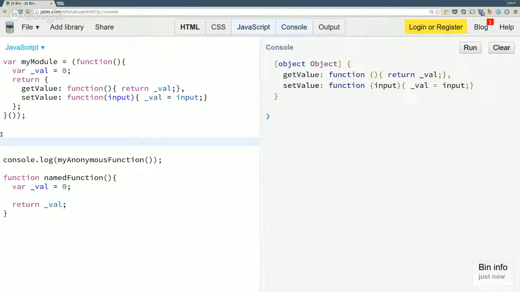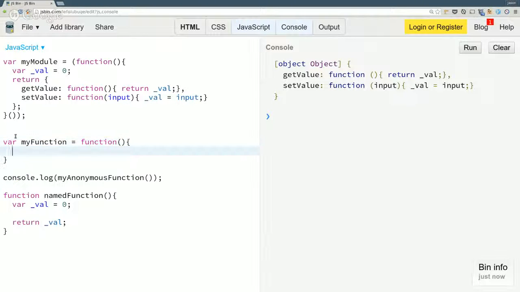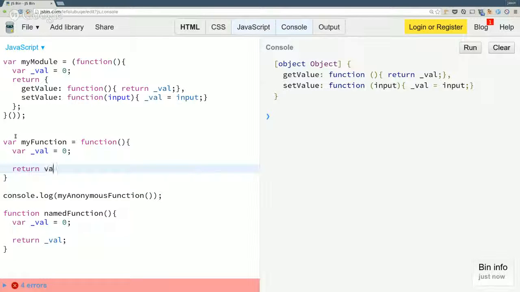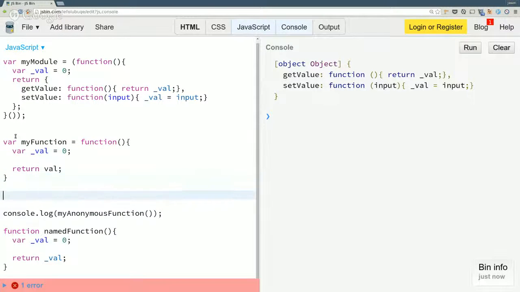But what I really want to illustrate with this is that the IIFE is basically this. We're declaring a function and then invoking it. This syntax is just defining a function that has internal state, internal variables, and we're returning them, just like any other function.